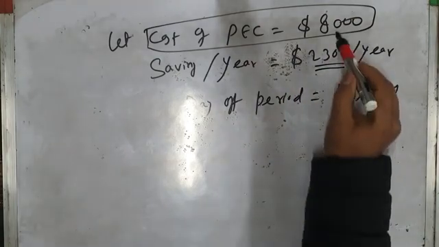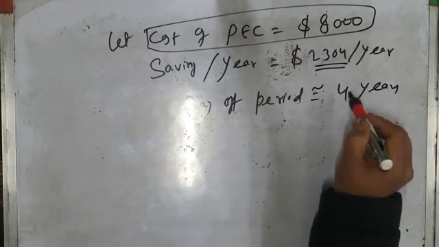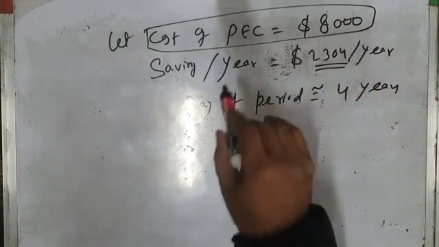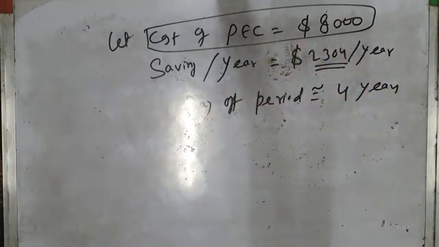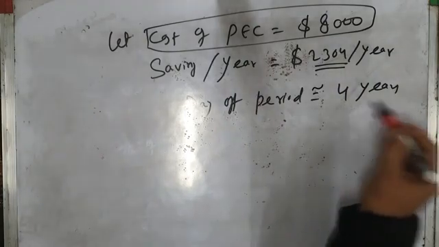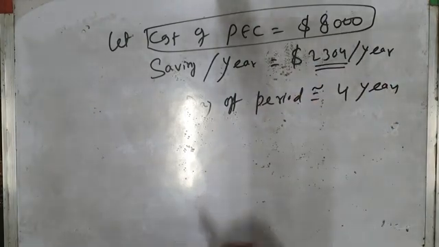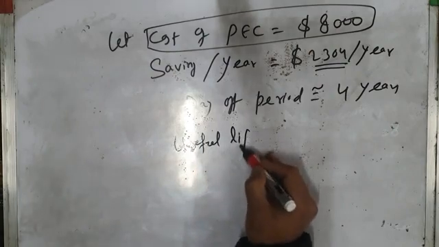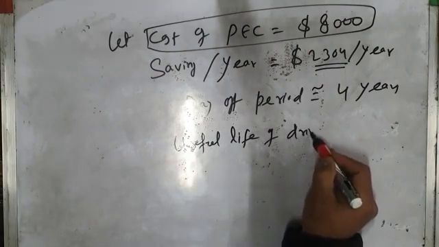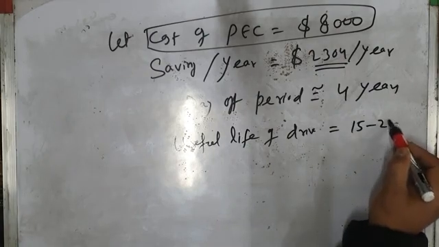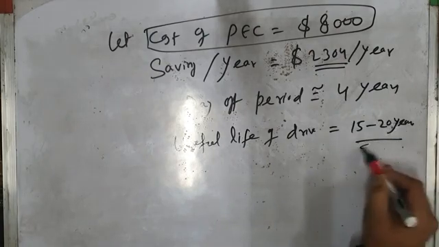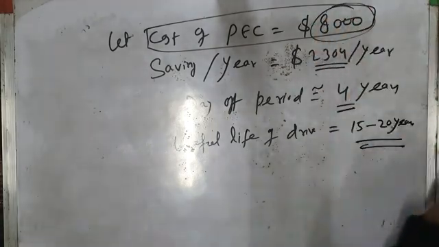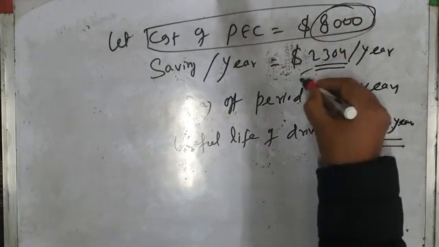So it will take approximately even less than 4 years to recover this money which we have invested on the power electronic converter. It will take just around 4 years to recover this. And what is the useful life of drive? Useful life of this drive, motor driven pump, it is 15 to 20 years. That means if for 4 years we are recovering this additional cost, for the rest of the 11 years we will be saving every year at the rate of